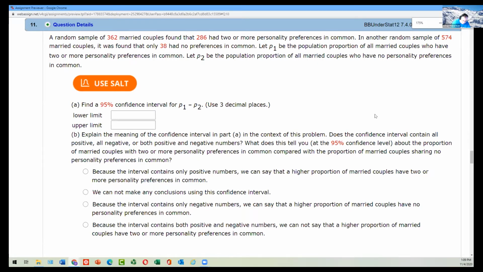Well, N1 is how many people were in it. So the sample of 362. And P1 hat was 286 of those people out of 362. That was true. In the second population, they did a bigger sample of 574. And the number of people who said yes to, do you have anything in common? Only 38 out of 574 said that. So now that I've collected all that information,